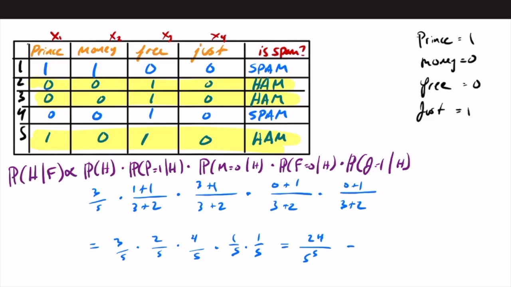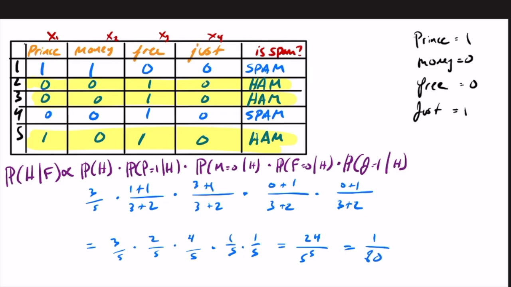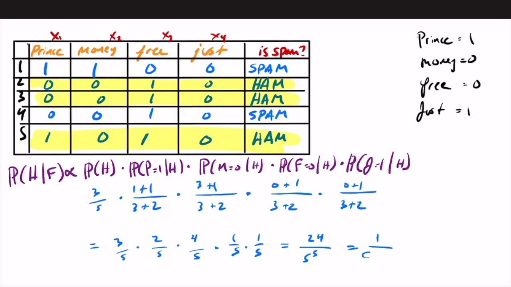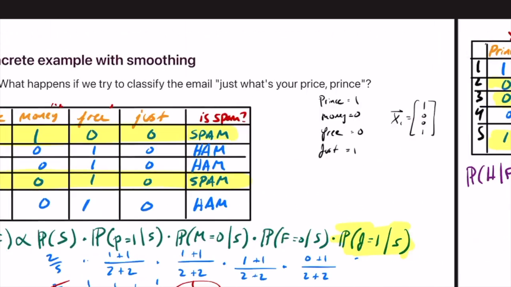Let's do it real quick. Okay, 3,125. So then that would just go down to being 1 over 80. Okay, so we have 1 over 80, and we're comparing that to